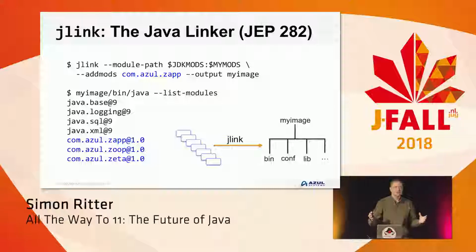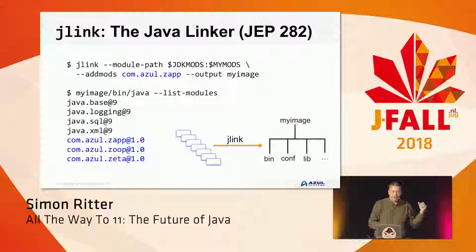We have modules. It's broken up rt.jar into manageable pieces. So why not just include the modules you need for your application rather than all of them? And that's what jlink does. So jlink allows you to say, here's the modules I need for my application. Build me a runtime that I can ship with that for my application.